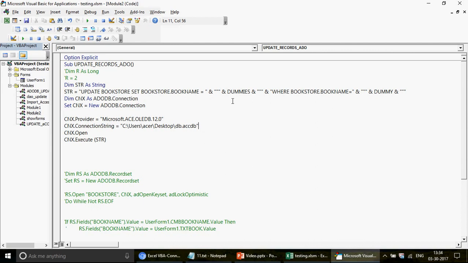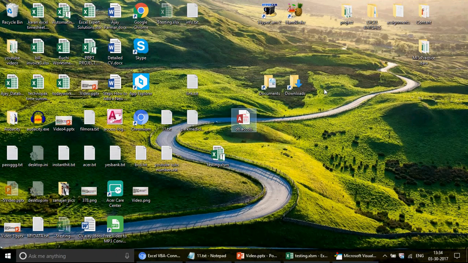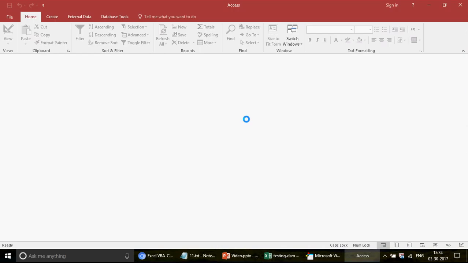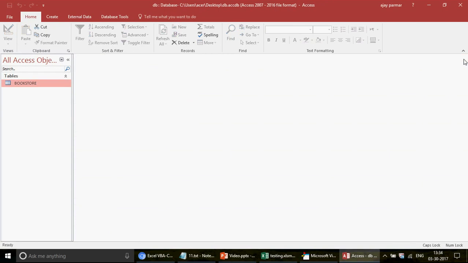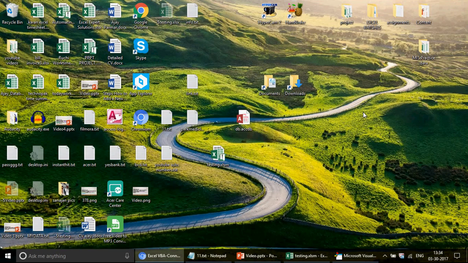That's very strange. So set book name equals to dummies, where the bookstore dot book name equals to dummy. So definitely we should be able to see here. Just open this again, have a look. It's not working. It is not coming, but it's not working. So we'll have to take a look why it did not convert to the